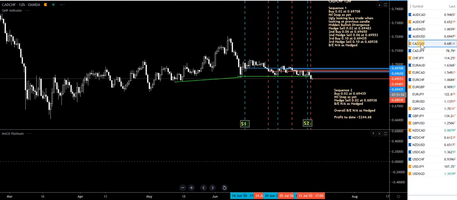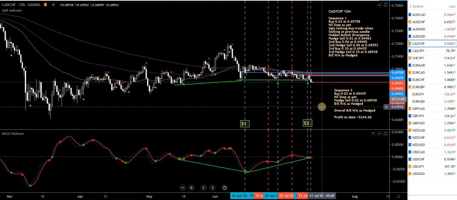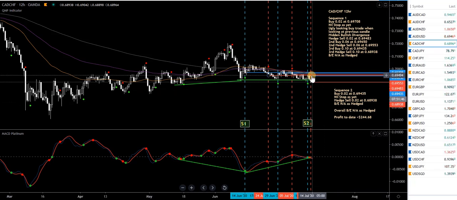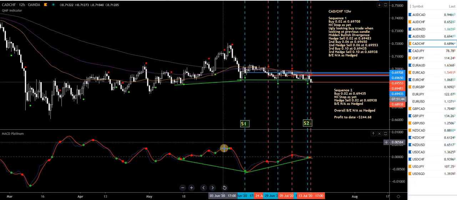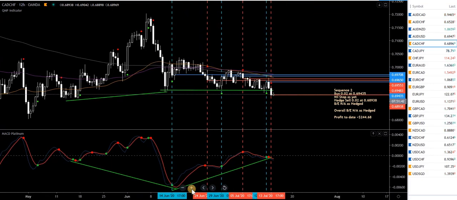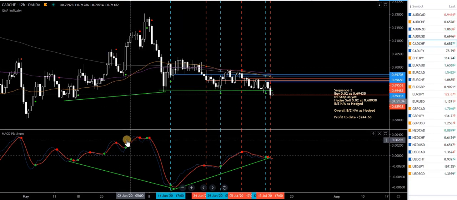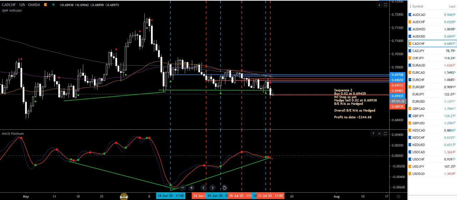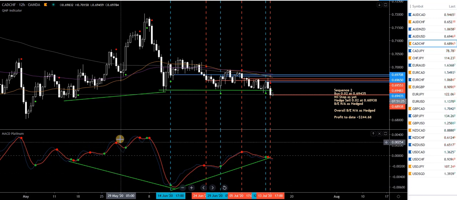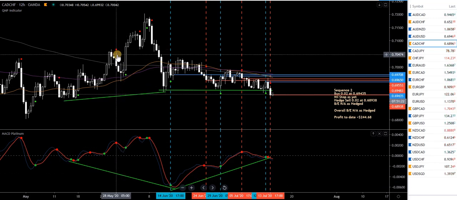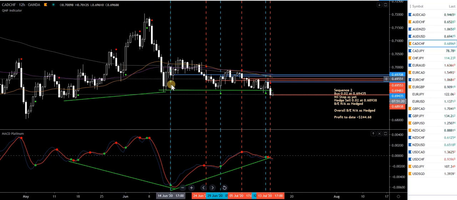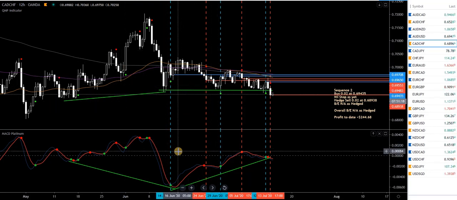Right, CAD Swiss. I've got two sets of notes here, so I'm just going to read them. It's hard to see, but there's a red QMP filter dot in here. Let's see if I can make it a little bit bigger. I just like my charts a little bit more compressed. So there's a red dot in there. This is the QMP filter. The QMP filter is a combination of the MACD Platinum Cross and another indicator called the QQE Advanced, which is not displayed on the chart. When the QQE Advanced and the MACD Platinum are in sync, it puts these red and green dots on the price chart. Just makes it easier for me to spot